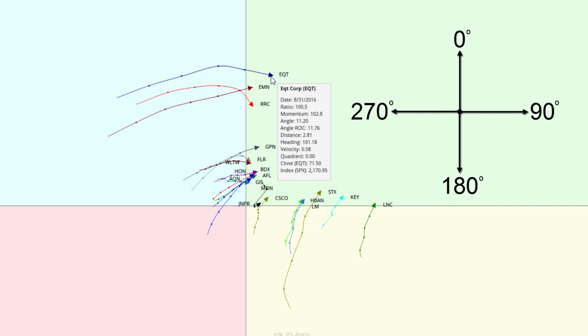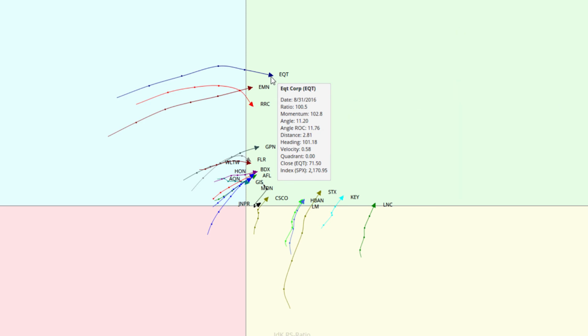If you visualize that on a clock face, you'll see that's what the heading value represents. A heading of 90 degrees means it's going exactly to the right at 3 o'clock. So we can scan on those